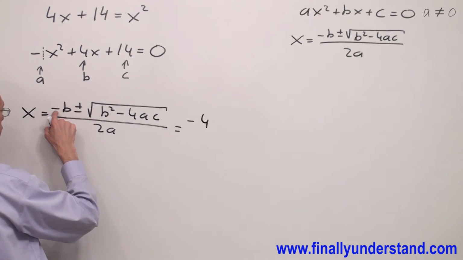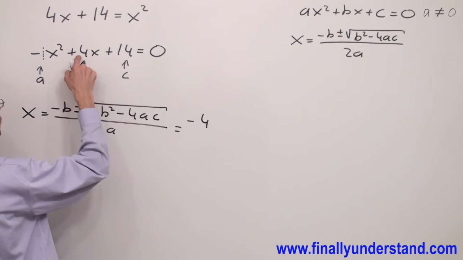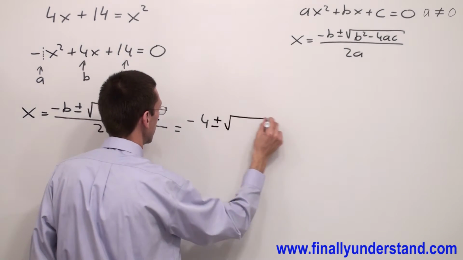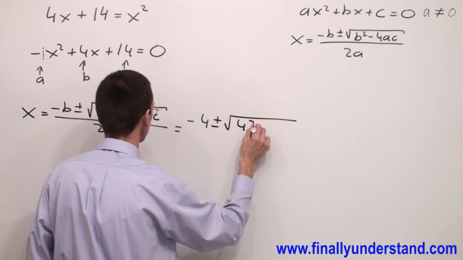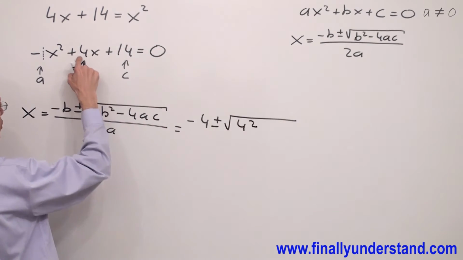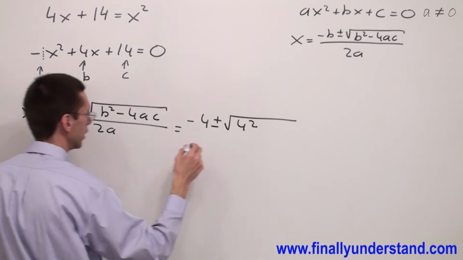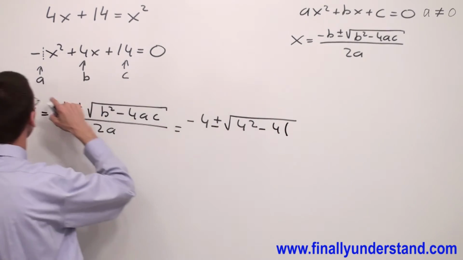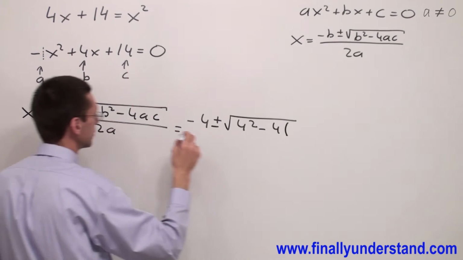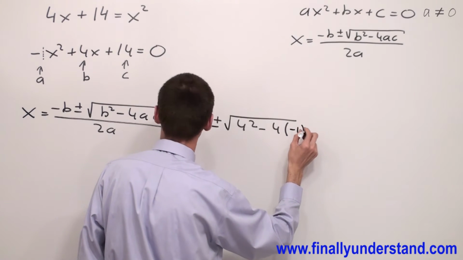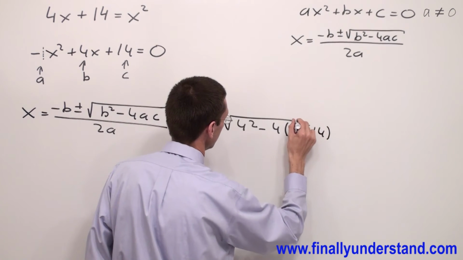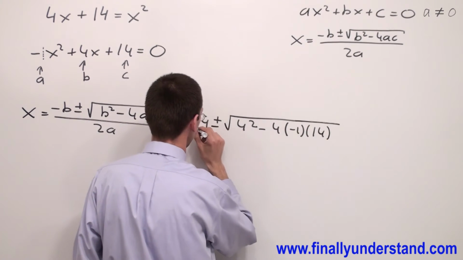This negative comes from the formula. 4 is from the equation, plus minus square root of 4 squared, because b is 4, the square comes from the formula, minus 4 times a, which is negative 1, times c, which is 14, over